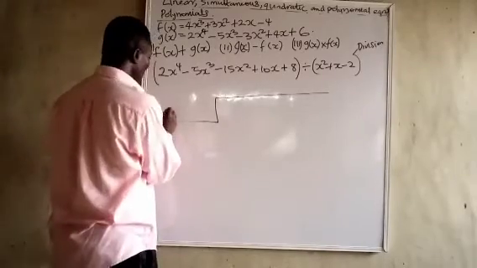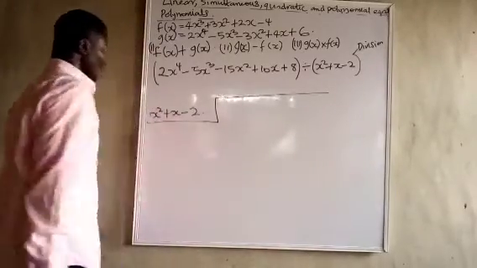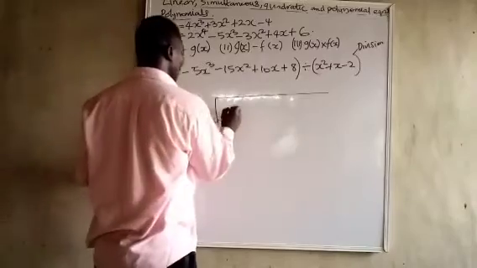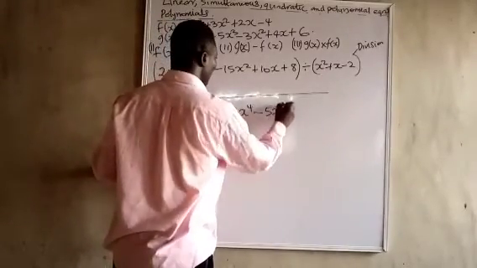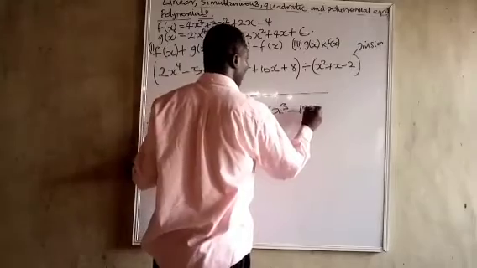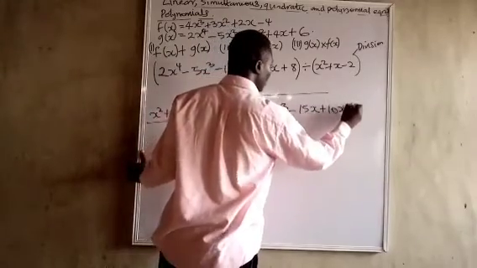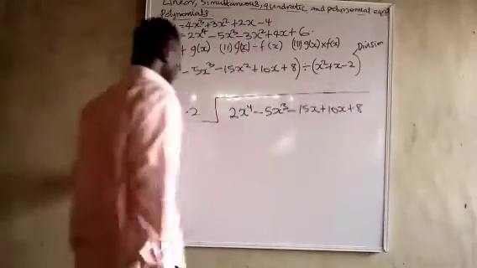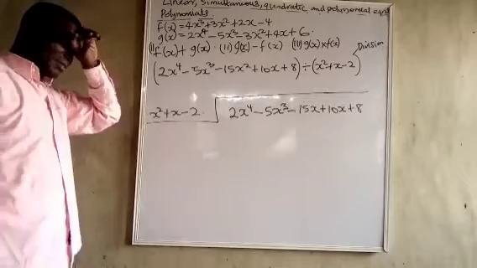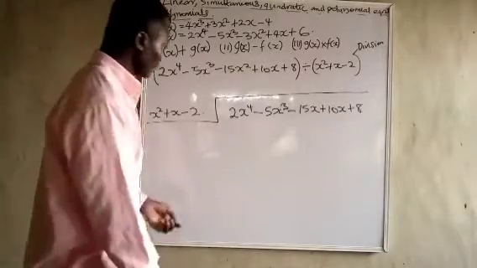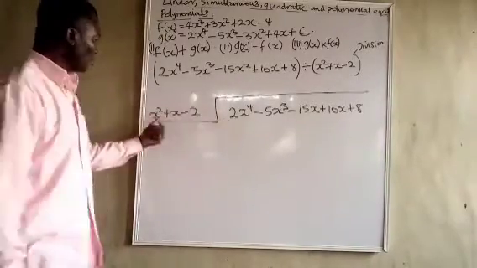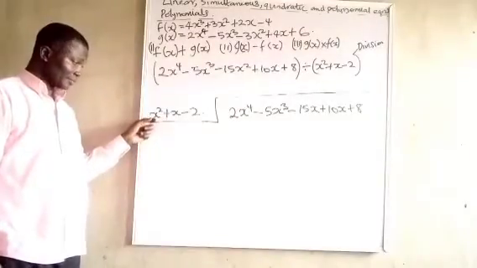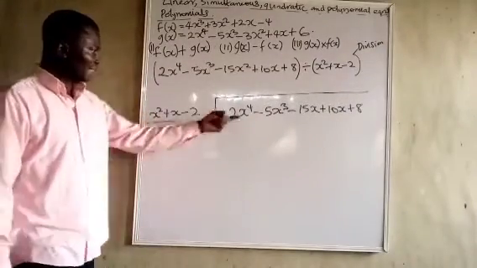Plus x minus 2. And we bring this one inside this place: 2x raised to the power 4 minus 5x cubed, remember, minus 15x squared plus 10x plus 8. Sometimes you might do it and there will be a remainder. Sometimes there won't be. Now, if we divide this one by this biggest power, we are going to have 2x